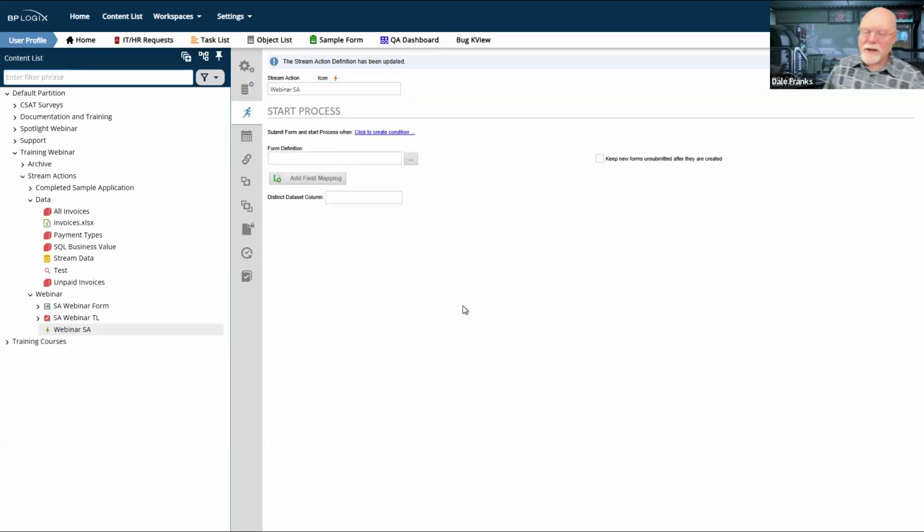The next tab is the Start Process tab. Again, Start Process is a misnomer because that's not what we're doing. We're going to create and submit a form instance, and that will start the process. So technically a process is going to get started, assuming that our form is set up, which we just did with our form, to invoke a process on form submission. If you do not have a process that runs on form submission, you're not going to be starting any processes.